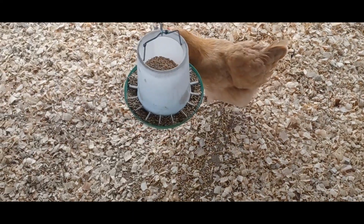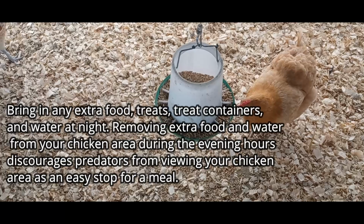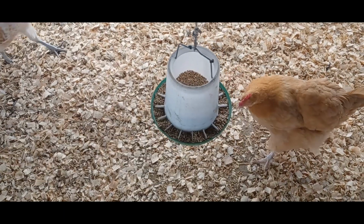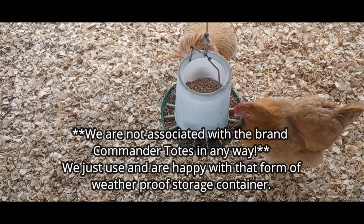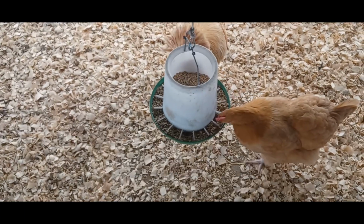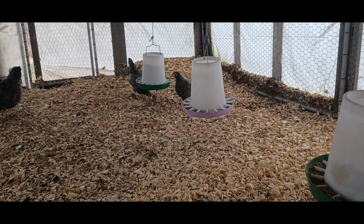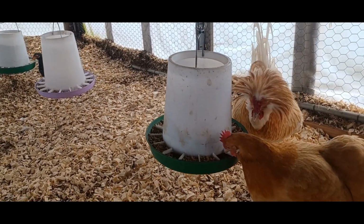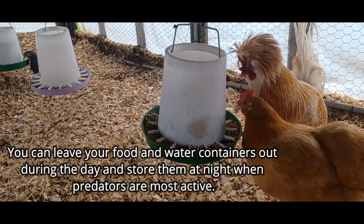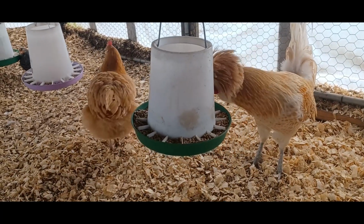Consider bringing your food and water containers inside at night or possibly storing them in commander totes or in a weatherproof shed close to your chicken area at night, and then putting them back out into your chickens' area in the morning to further deter predators from coming into your chicken space. During the spring, wildlife are having young, and this means that they're going to be looking for more food sources and easy food sources. These might include any sort of leftover dishes or snacks or chicken feed that you leave in your chicken area